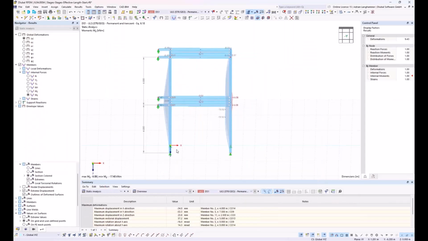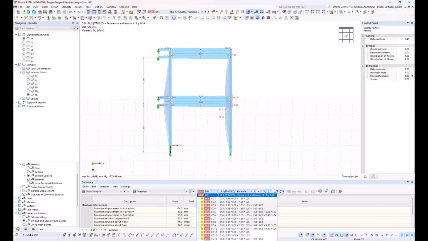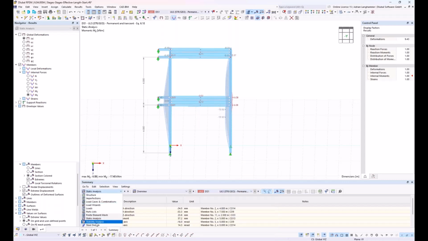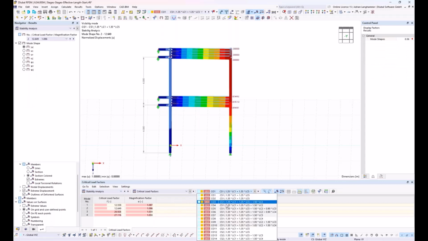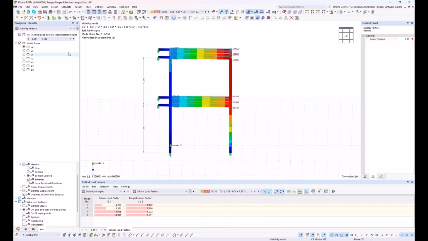to have a look at the eigenvalues or eigen shapes. So I switch here. Maybe first I switch to the stability analysis. Then I choose some of the, let's say, governing combinations of construction stage 1. I had a look before, so I know that I could use combination 9 or 10 to show it. And then I switch between the critical load factors or the eigen shapes to have a look